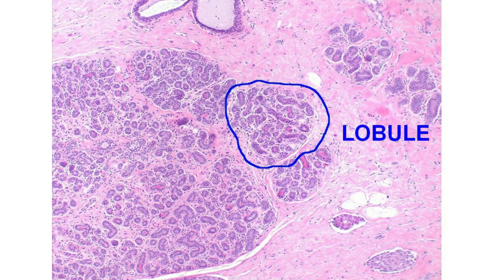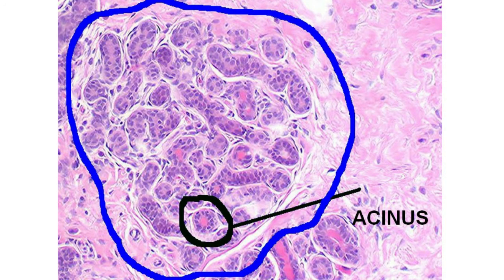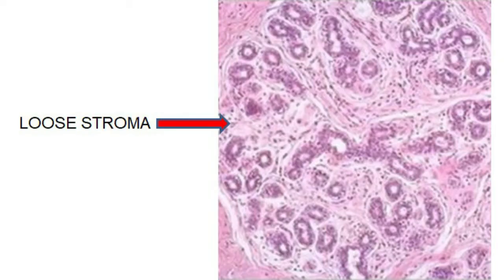Now there is a photograph which shows lobule microscopically, and it is marked with blue circle. Then there is a photograph in which lobule is marked with blue, whereas it also shows an acinus which is marked with black circle. Then there is another photograph which shows microscopic features of lobule, and it is marked with